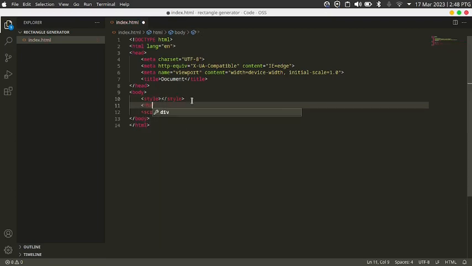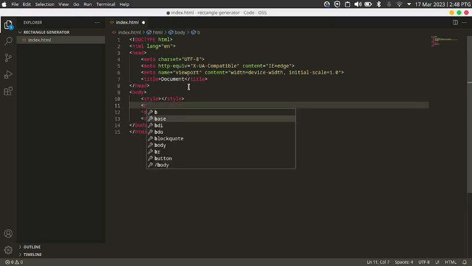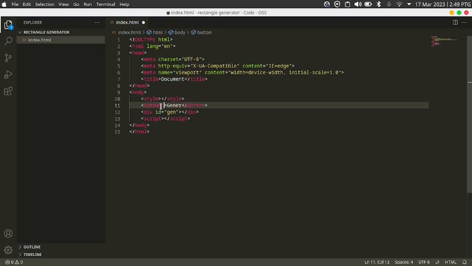And then I'm going to create a div. No, not a div. And give it an ID of gen. And then on top of the div, I'm going to create a button. Wait, no, not an ID, and just give it a text of generate. onclick equals gen. So what this does is that when this button is clicked, it's going to run this gen function, which